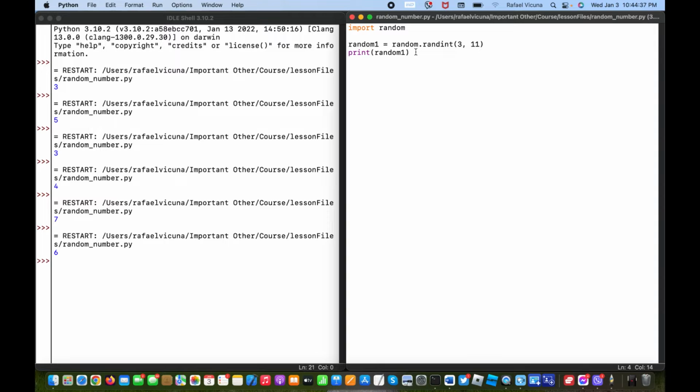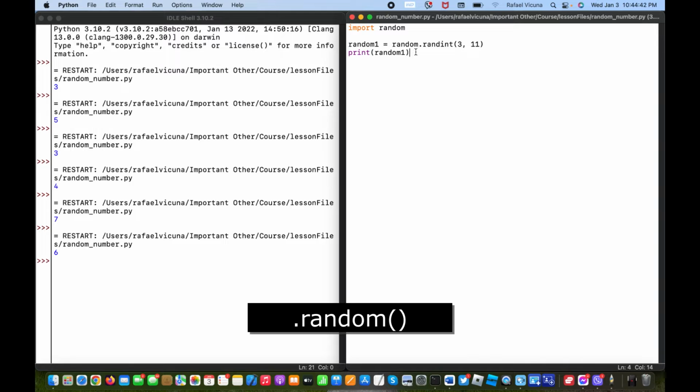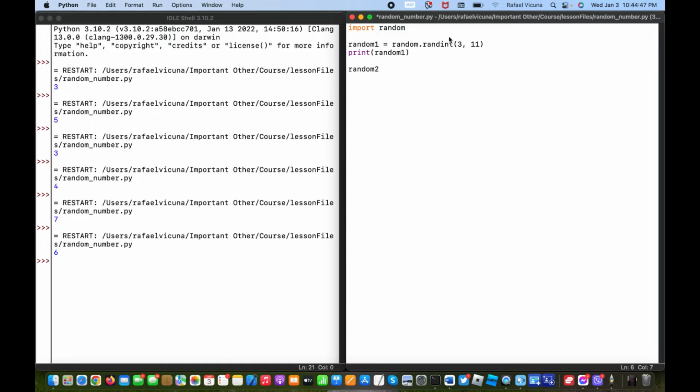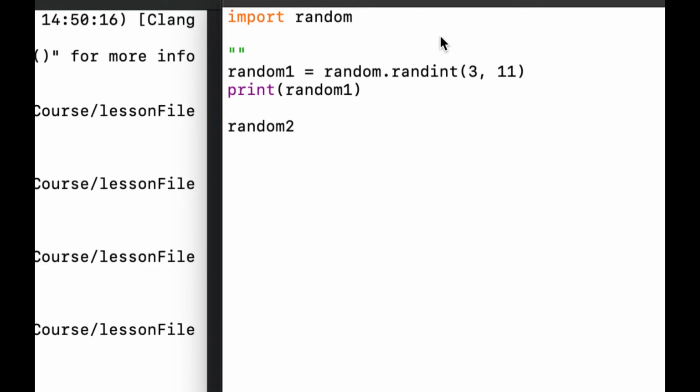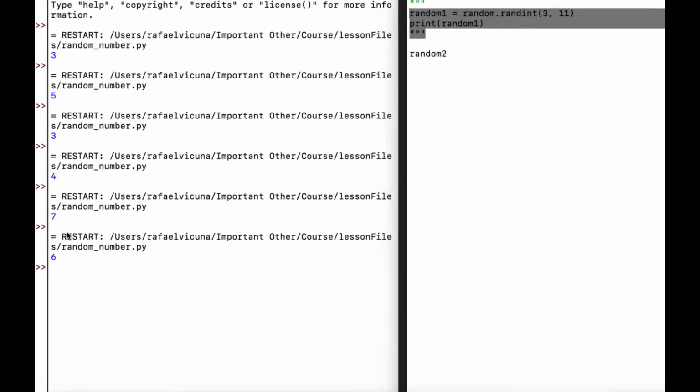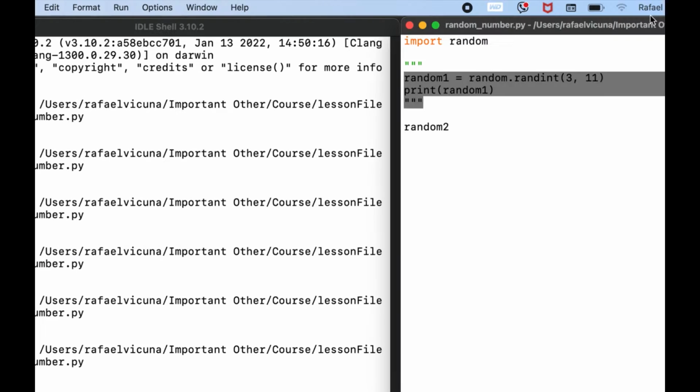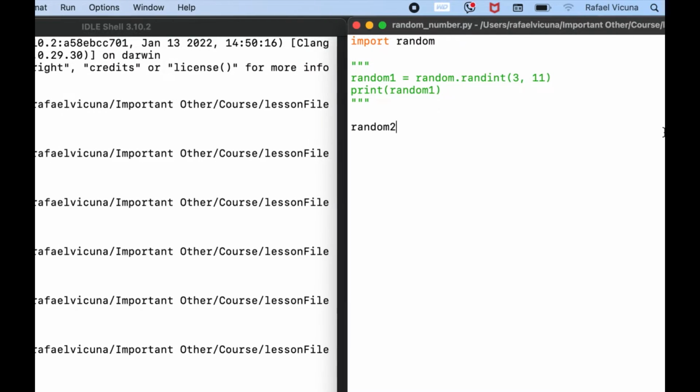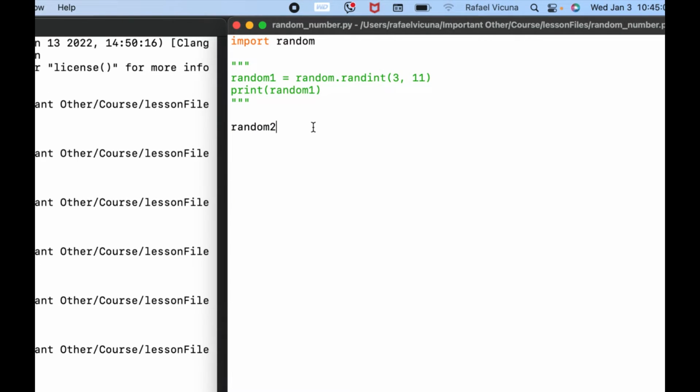The next one I want to demonstrate is the .random function. Let's assign this to another variable called random2, and we'll comment out the previous examples. Every time we're done with one example, we will comment that out so that it doesn't cause any confusion when we run the program and both examples run. I want it to be obvious enough for the viewers. So let's assign this to another variable. I will call it random2 just to be uniform like the first one. So equals